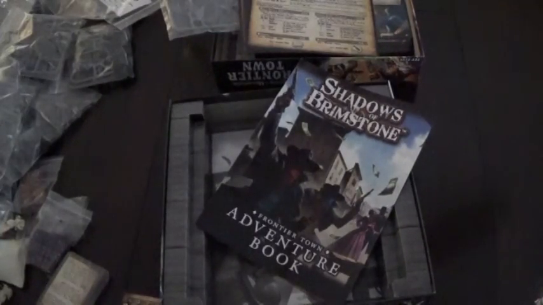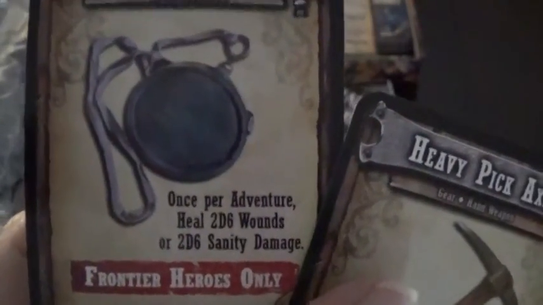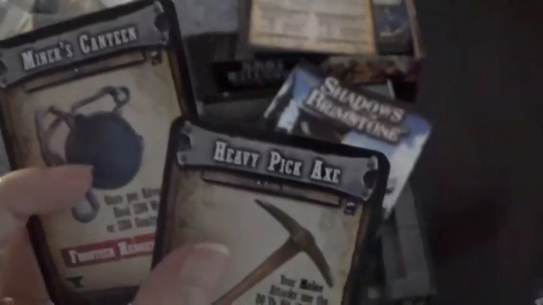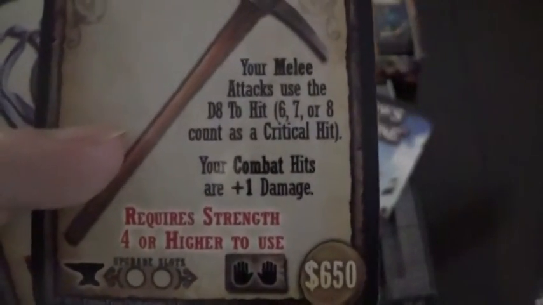We got some starting gear for the Prospector, which is the Canteen. Once per adventure, heal 2d6 wounds or 2d6 sanity. Frontier heroes only. So it's his starting gear that's basically like a healing stone. And his heavy pickaxe: your melee attacks use a d8 to hit. Yep, and plus 1 damage. Strength 4 or higher to use. So yeah, it is a d8,